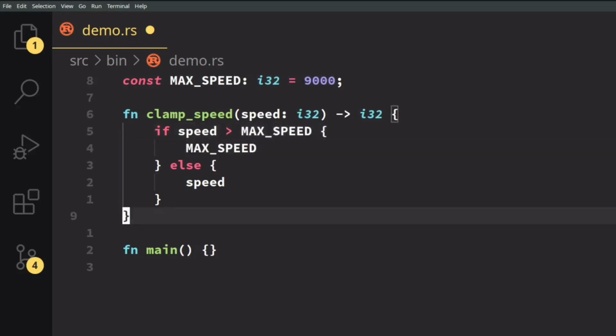Now, anytime we need to use a max speed, we can just refer to this constant here, and we can easily have multiple functions using this max speed. Whenever we change the value right here, it will automatically be reflected throughout the entire code base, which makes the code easier to maintain and less prone to having